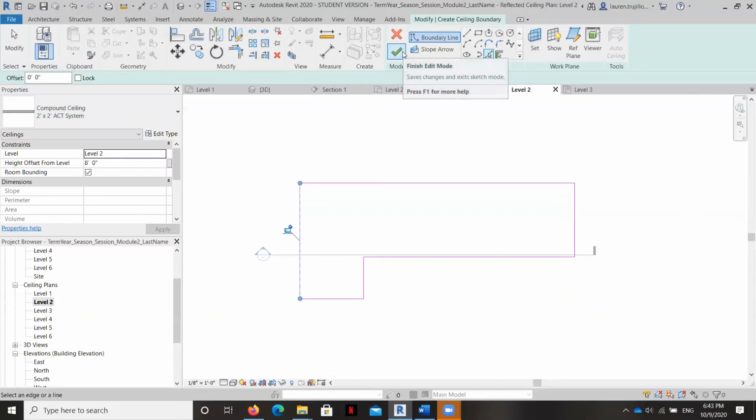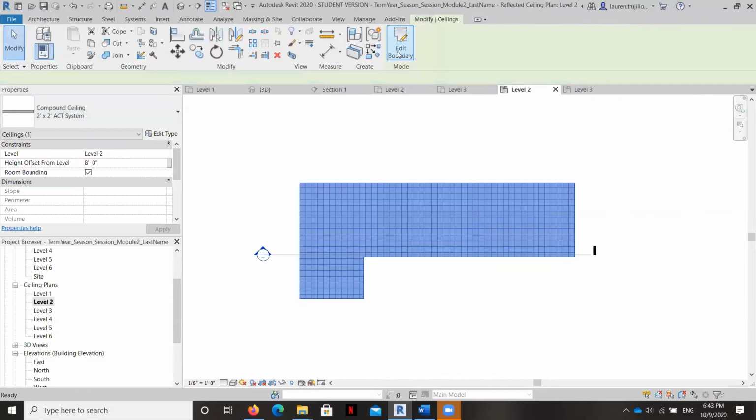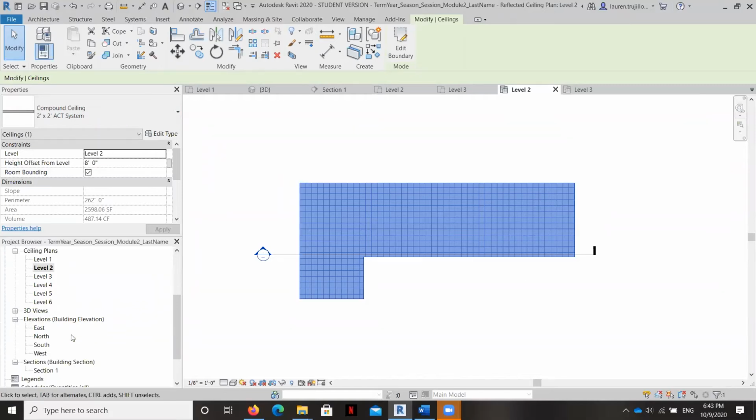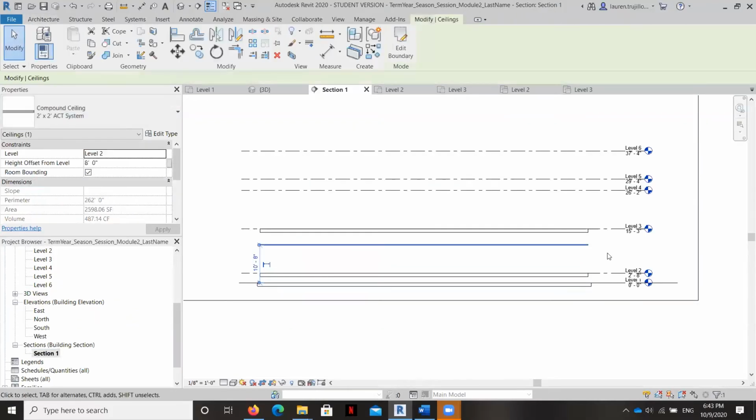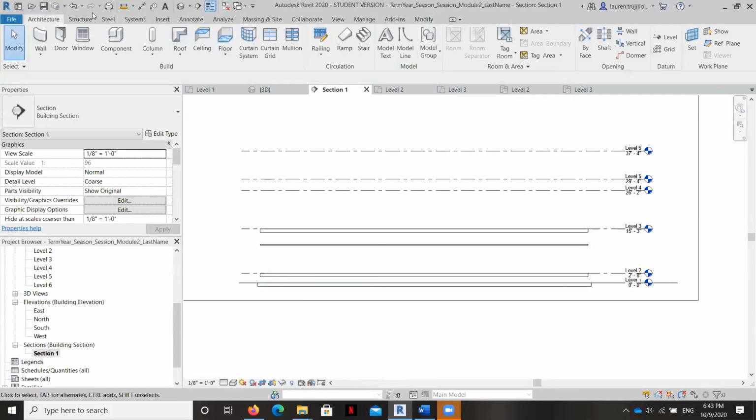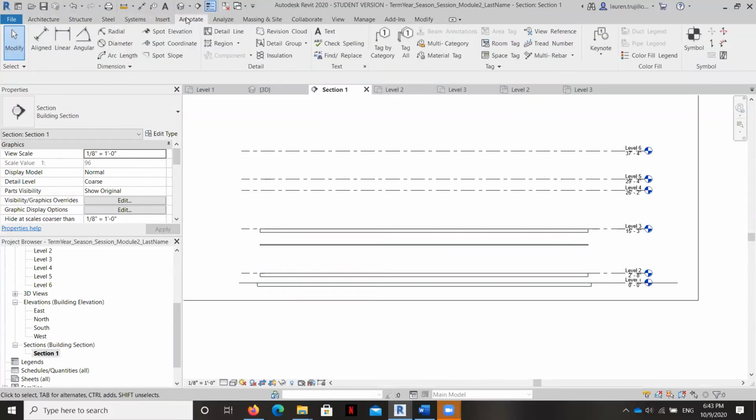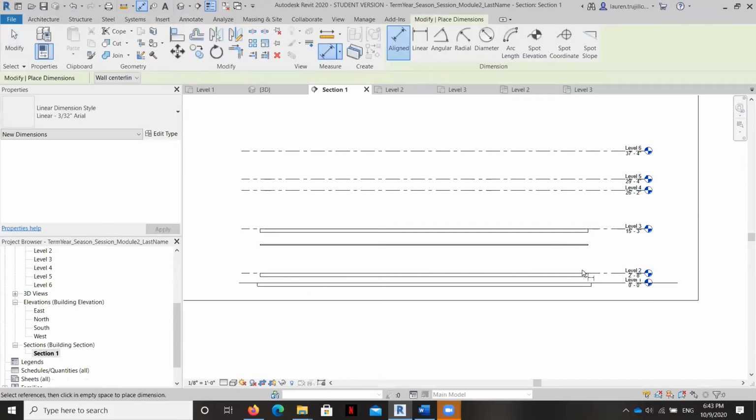So I'm going to check this box, and I'll show you what that means. So you can see the 2x2 acoustical ceiling tile is in place, and you can see it's centered both vertically and horizontally. And let's go ahead and take a look at it in this section. It's 8 feet up, but we don't actually need that much space in between, and this is sort of a luxurious space. So I'm going to see how high I can make my ceilings.